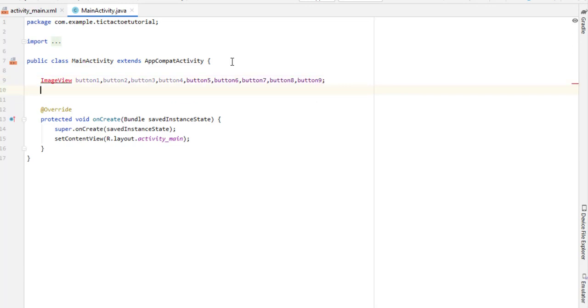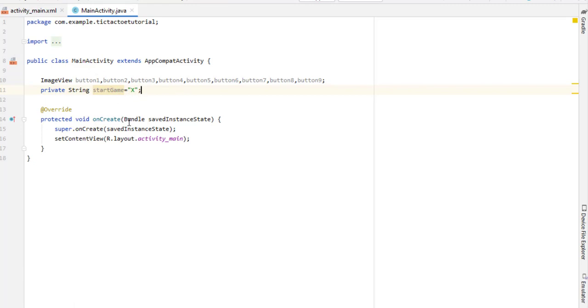Now we have to declare a variable. First of all it shows an error, so click on it and press Alt plus Enter to remove the error and import the ImageView class. Now we have to declare a variable of string type. So simply type here private, then String, then I give a variable name startGame, and by default I assign X, and then a semicolon. So this is capital X.